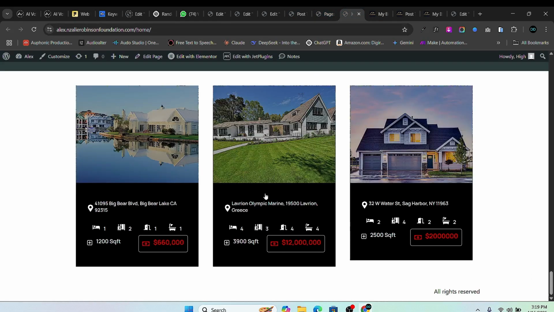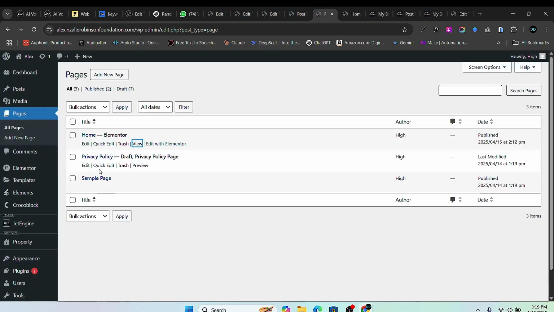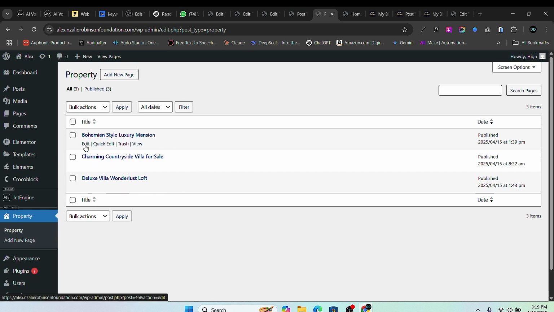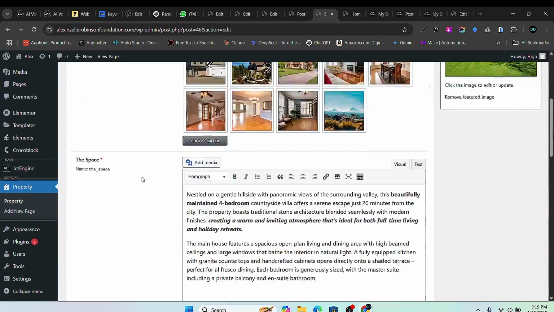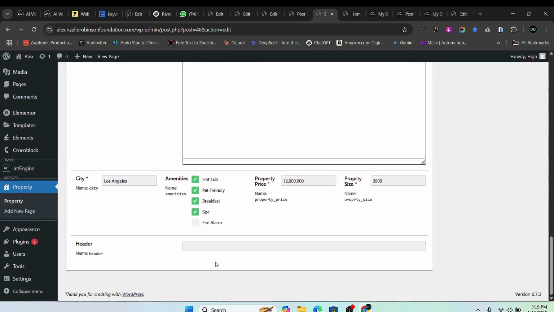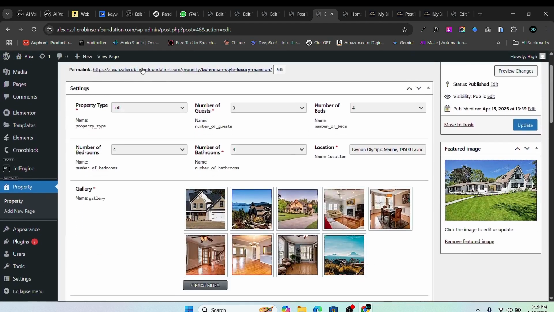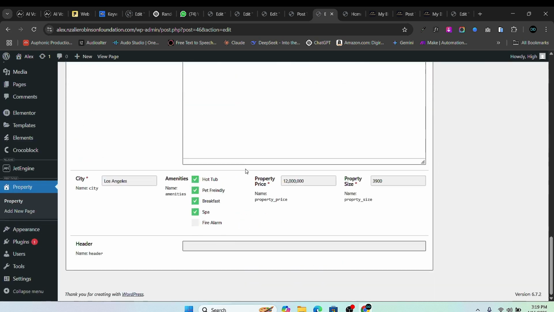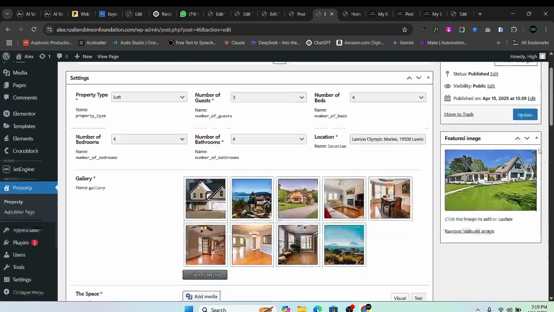And so when you have to add an additional header, which you're going to display here. Now that I've added that, if I come back to my properties, you see that there's a new field there, and it's the header. So I'll just copy this Bohemian and add it here, paste,